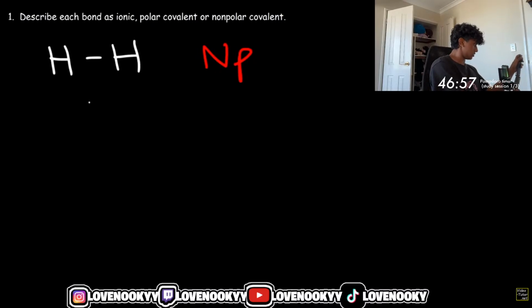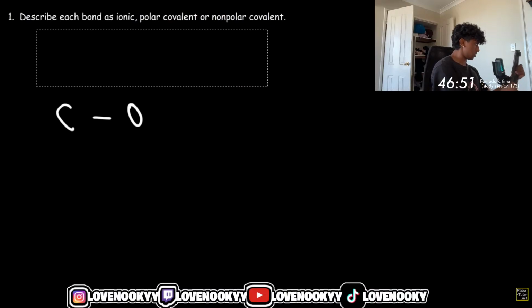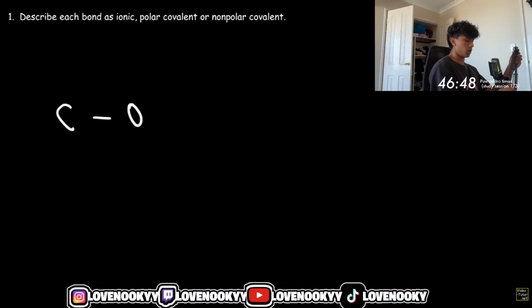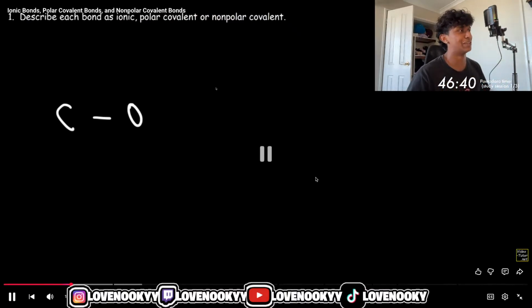Now, here's another example for you. What about the carbon-oxygen bond? Would you describe it as ionic or covalent? Now, anytime you have a bond between two nonmetals, typically it's usually a covalent bond. So we need to determine if it's a polar covalent bond or a non-polar covalent bond. And we need to look at the